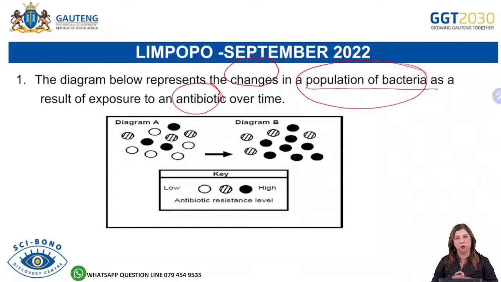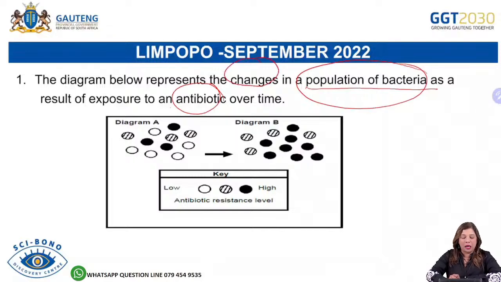That is what we should be doing in our exam. We should circle or underline or take note of the important information. Now let us look at this diagram. If we look at this diagram, they give us a key. Before we look at the questions, we are going to try and interpret the diagram based on the knowledge that